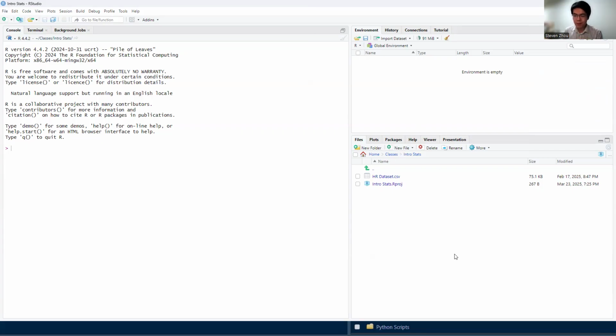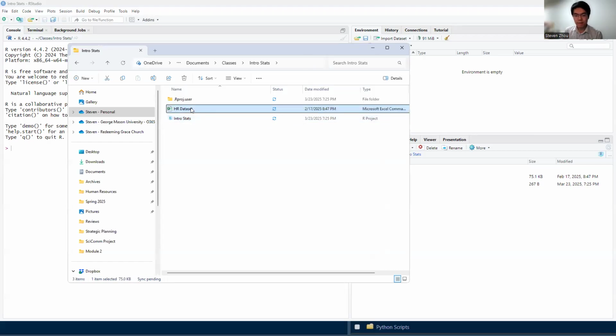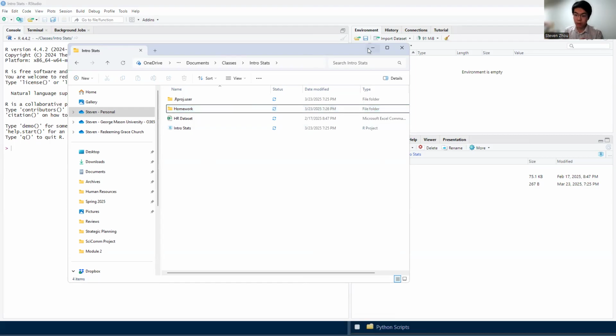And notice this is where you start seeing the advantage of doing it this way. Under files, by default, it goes automatically to that folder. If I navigate to the folder, for example, on my desktop, I'll see that it's now created an intro stats R project here. And you can see the HR data set that we're going to open in just a second is here. That's what we downloaded earlier in a previous lecture. You downloaded and saved the file here. You might have your syllabus here, your class notes. You might have another folder here that says, I don't know, week one, or maybe let's say homework, and you have your homework assignments in that folder,